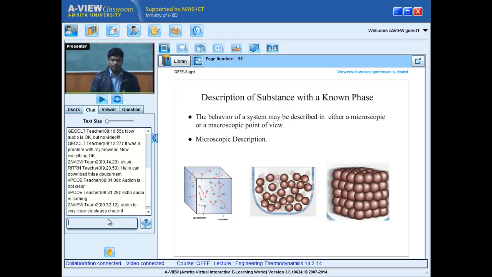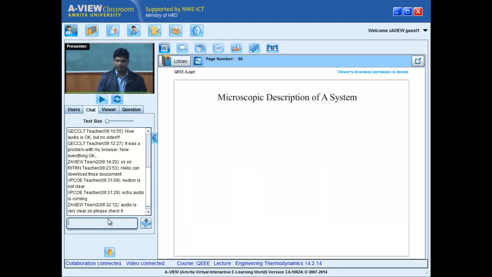But there is a branch called statistical thermodynamics, where all the description of matter inside a system is done only with respect to what is happening to atoms and molecules. That's all. They do not care about anything else. That is called a microscopic description. You see this one, microscopic description starts from the truth. What is the truth? Every system has a substance. What is after all a substance? A collection of atoms or molecules.